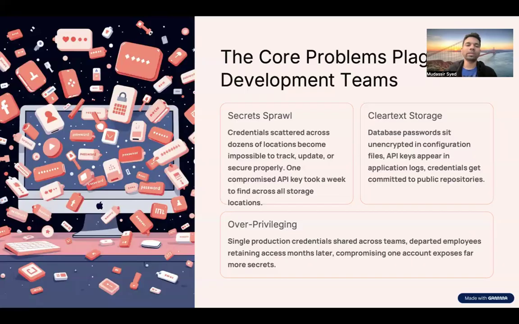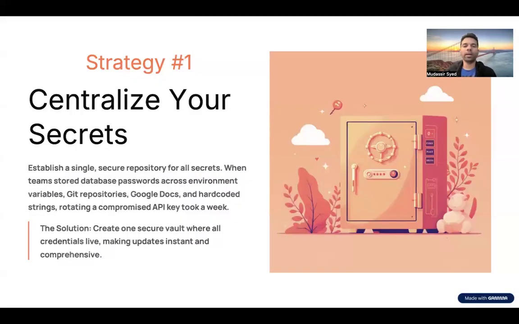Now let's look at the different strategies, how we can manage secrets well. So number one is centralize your secrets. All your secrets that you use across your applications, make sure you centralize them. So start with looking at different tools that we can get. AWS Secrets Manager is one that I can think of. HashiCorp Vault is another one